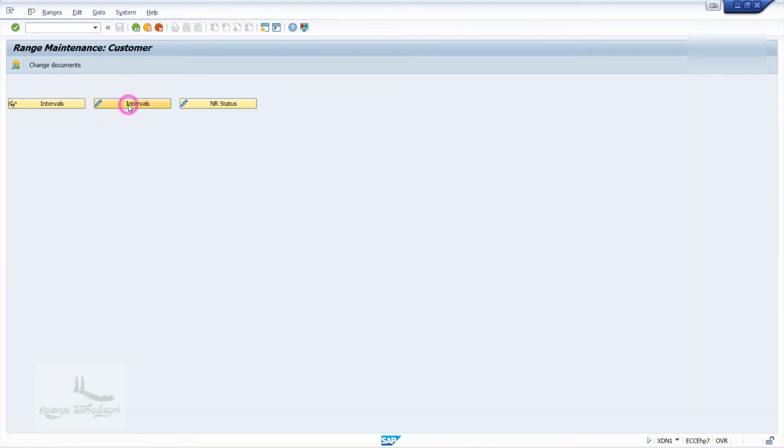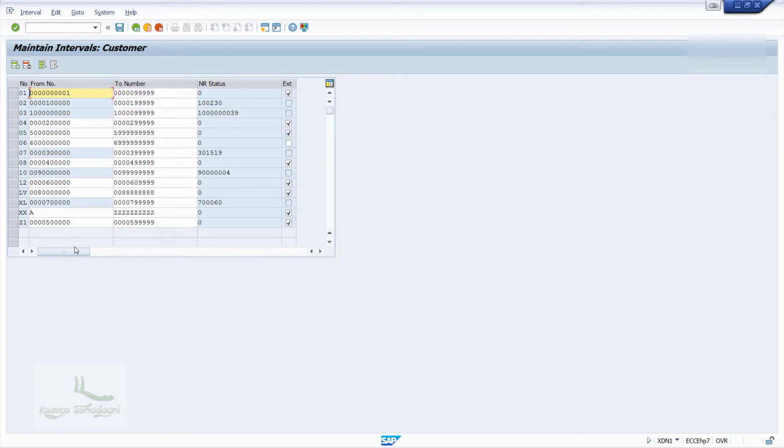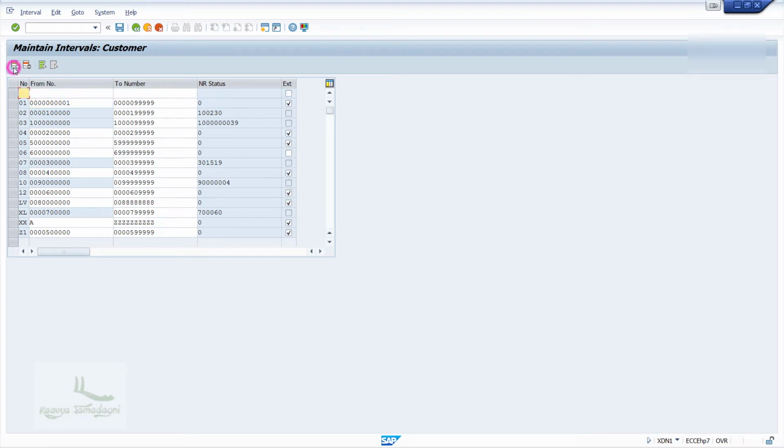Here, click on the change interval button. So what I'll do is I'll just insert the number interval by looking at an empty range. For that, I'll just click on the insert line button and I'll give the interval number as AB and from and to as 9 followed by 5 zeros to 9 followed by 2 zeros and 3 nines.